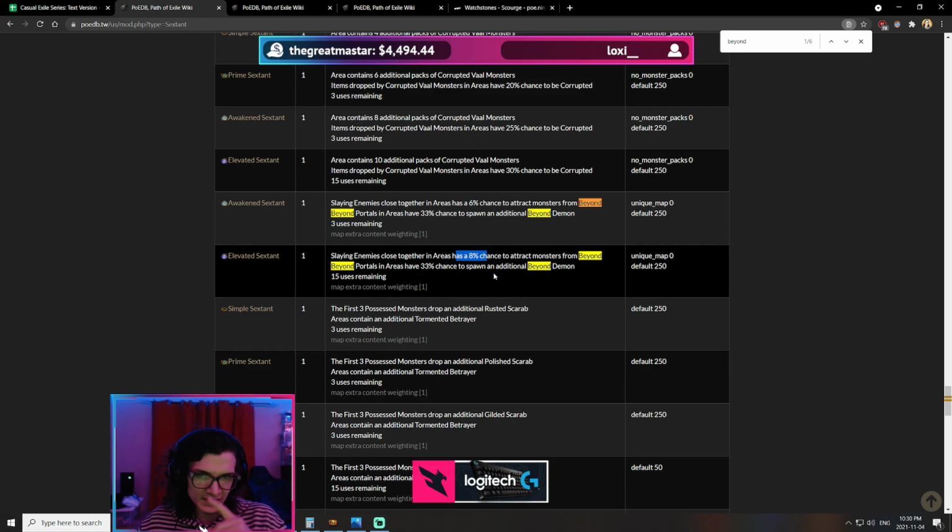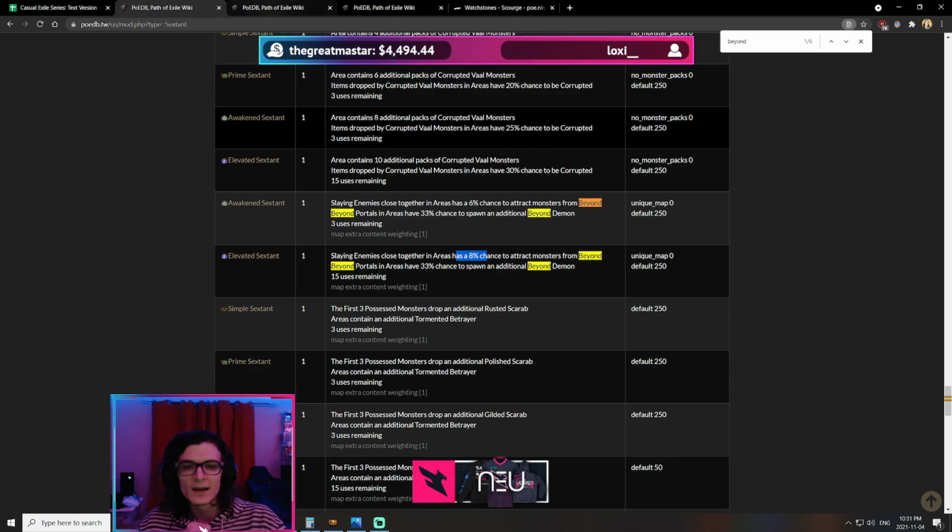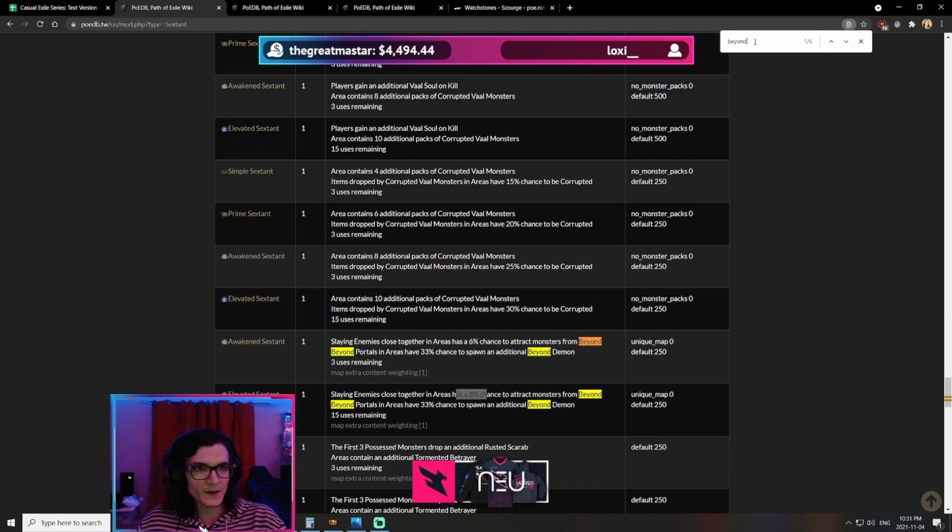And the cool thing about slaying monsters for Beyond is that it says slaying enemies close together in areas have a % chance to spawn Beyond. So it's not about rares or magics or uniques. It's just any monsters that you kill on the map, if they're together, which they should be. You should have a bunch of pack size on your maps and a bunch of juice with everything that I've already mentioned, you can get to the point where you're spawning a gazillion of the actual unique Beyond bosses. And if you actually do that, there is one more Sextant modifier that you can consider,